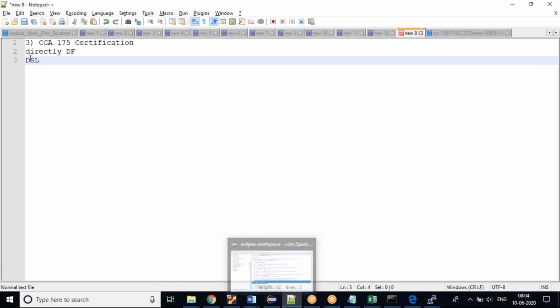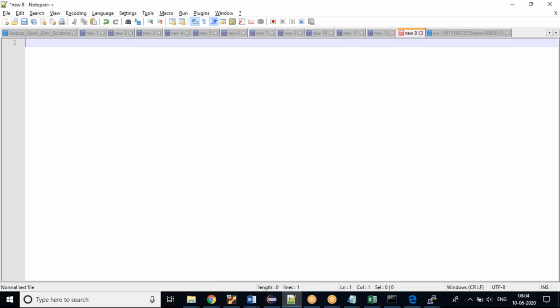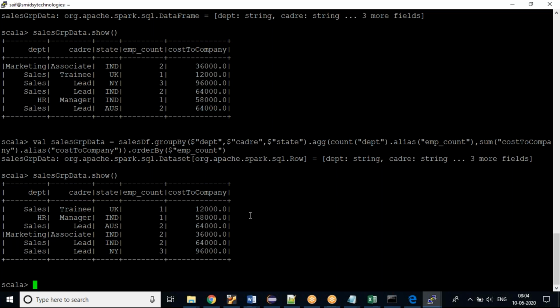So this is it. In your certification, there will be some scenarios asked, like 7 to 9, so you need to write. And we can write this to our Hadoop file system also. While writing, they will tell you to write in the Parquet format. While reading, they'll tell you to read in the Parquet format. So we need to be sure with the different file formats, different APIs, and different methods.